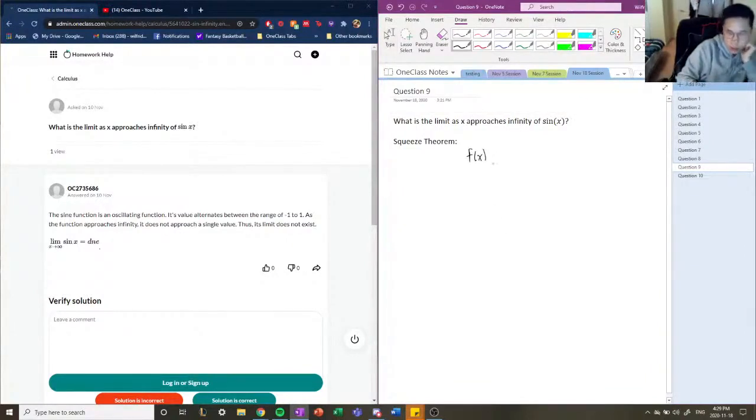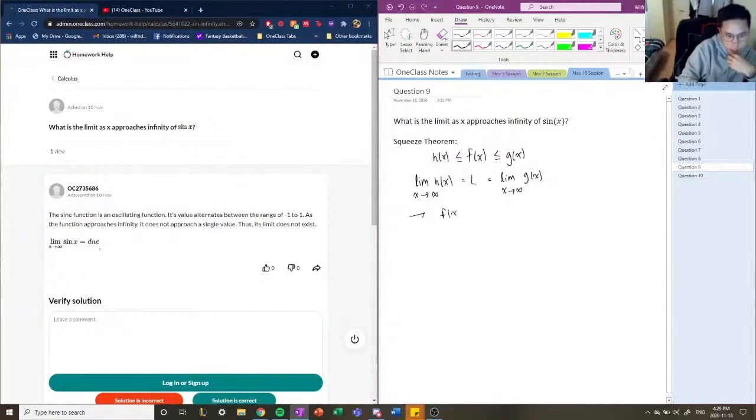If we can sandwich or squeeze this function between two other functions, g of x and h of x, and if the limit of h of x as x approaches infinity, for example, equals L, and also the limit as x approaches infinity of g of x also equals L, then we know